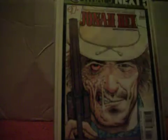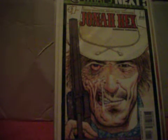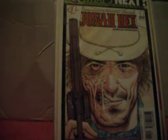I got this Jonah Hex number 1 special edition that they put out, and I think, well, I'll go ahead with these. I got X from Dark Horse, number 1,